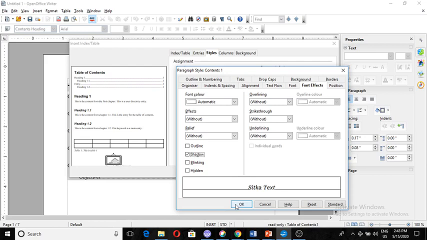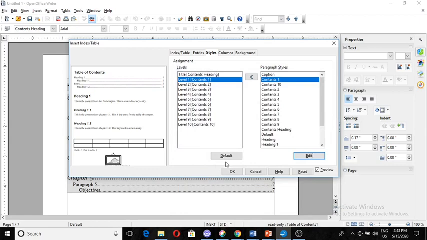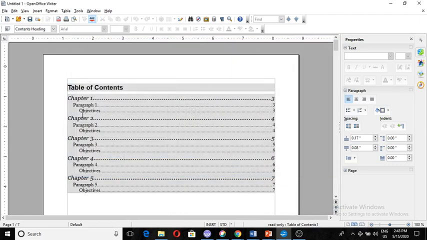So whenever you don't want to make any changes, whatever is being given by the system, you go by those settings, then it is known as the default settings. But if you want something different from the default settings, then you have to customize it. This is known as customization of the table of contents. So I just click OK, and now if I go and see, some changes, chapter 1, some headings, the font style has changed from paragraph 2 because I've changed only the level 1 content style.